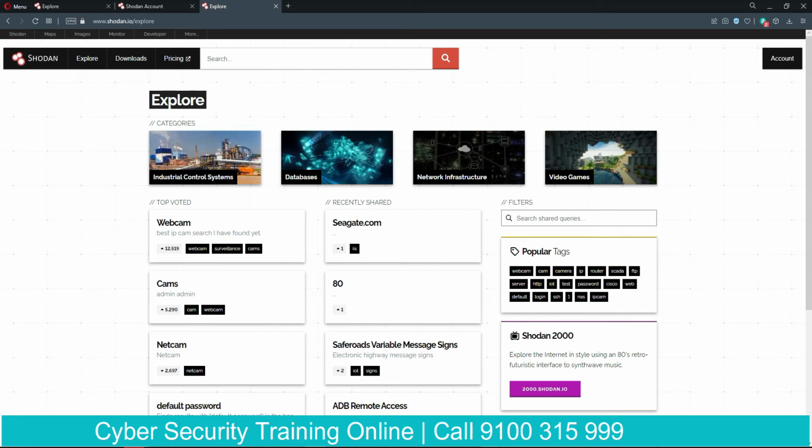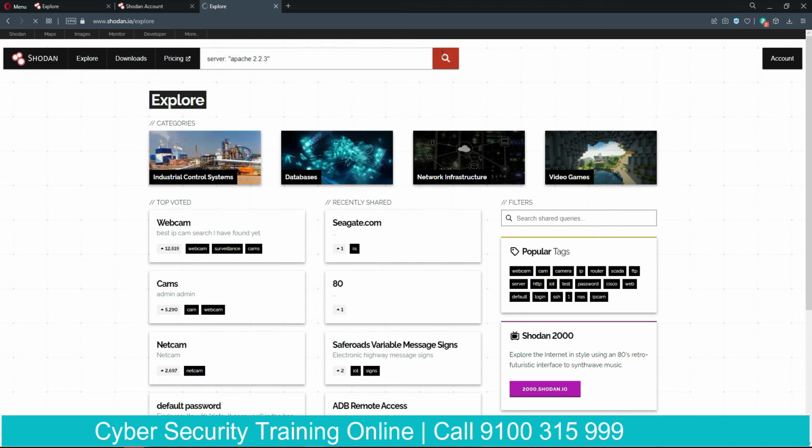Let's say, for example, I want to find out all the servers. So I'll type here server. For specific, I will say I want to see all the Apache servers which are having this 2.2.3 version running. So I'll say here Apache 2.2.3 in quotes here. So this is the filter and this is the value.